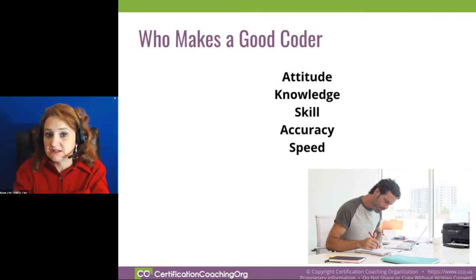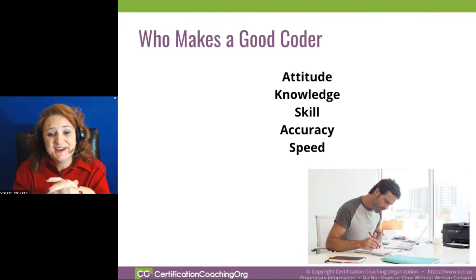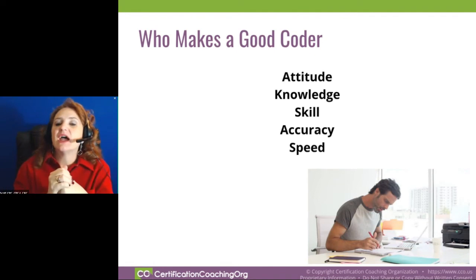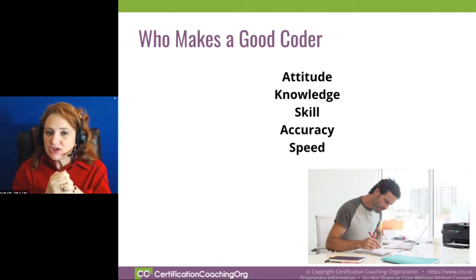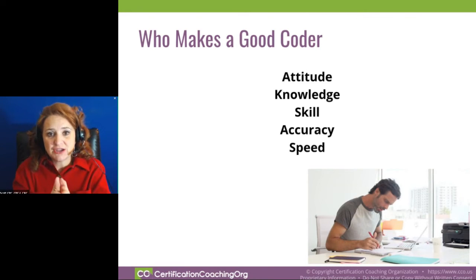So again, those are skill sets. Maybe even just being able to talk on the phone, that's important. Or your penmanship. All of those are skills. Now, accuracy. Again, quality over quantity when it comes to coding, especially in risk adjustment. So accuracy is something that happens the more you do it. So if you focus on your accuracy, then your attitude, knowledge, your skill, all of that plays a part in